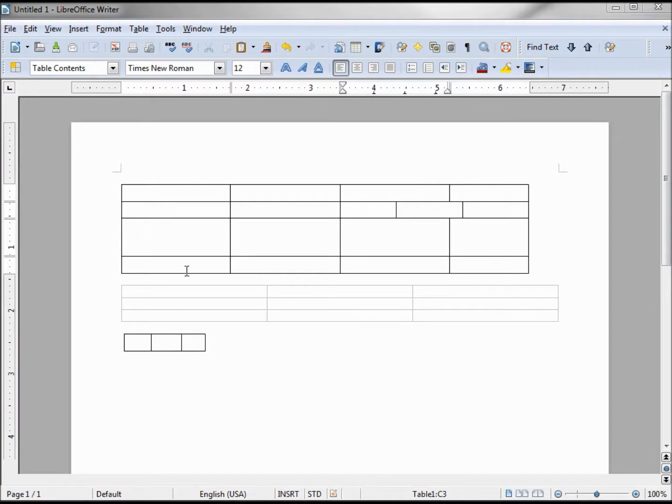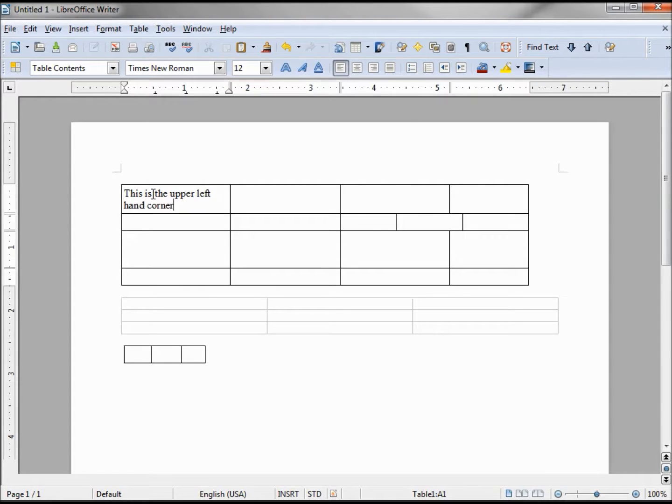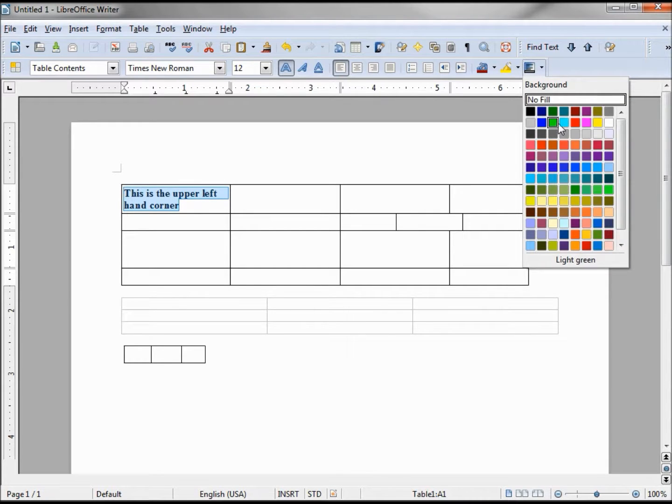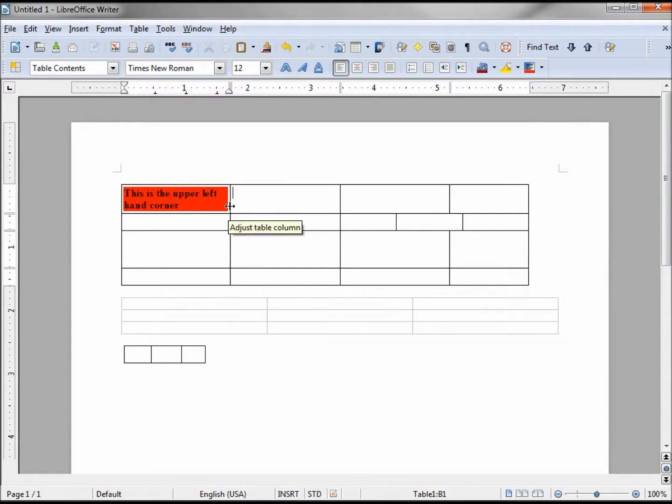We'd add text the same way we do outside the table, but we'll click in the table. We can change the color and the font, make it bold. Notice when I fill, it fills it pretty well, but not to the outside line. We'll see how to fix that shortly. We'll also note that bullets and numbering works.